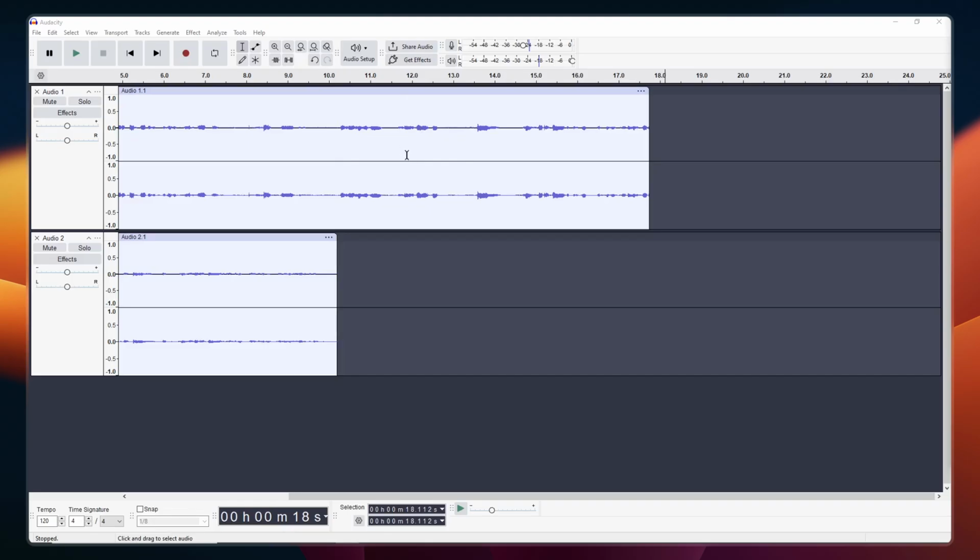Move your mouse over the clip you want to reposition. As you hover over it, you'll notice the cursor changes to a hand grab icon. This indicates that the clip is ready to be moved. This visual cue is important because it tells you you're in the right spot to grab the audio. Once you see this hand grab cursor, click and hold your mouse button, then drag the clip left or right